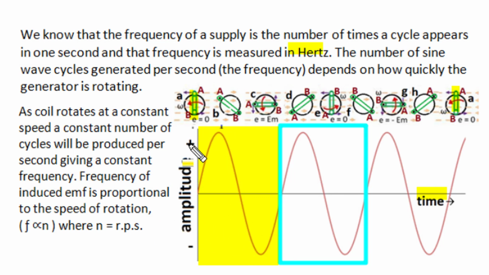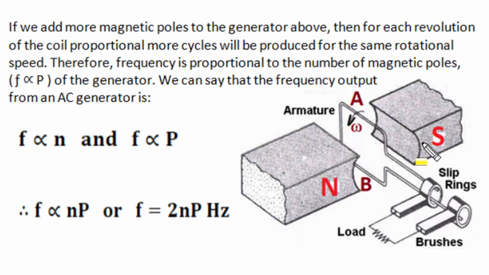So the frequency of induced EMF is directly proportional to the speed of rotation, or revolutions per second, of the rotating rectangular coil. Frequency is directly proportional to revolutions per second of the rotating structure. In this two-pole alternator having one pair of poles, one rotation of the rectangle loop produces one cycle of alternating induced